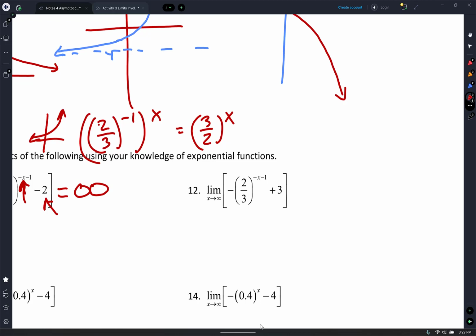Let's look at this next one. Let's see if we can draw it. You ready? All right, we don't care about that -1 right here, so pretend it's not even there. So I have 2/3 to the negative x. So it's going to grow as x gets larger. Yes or no? But that negative reflects it across